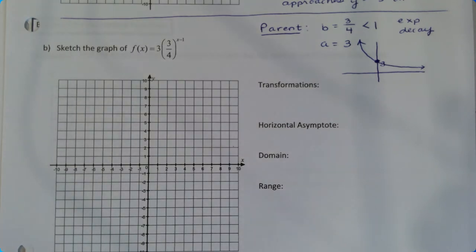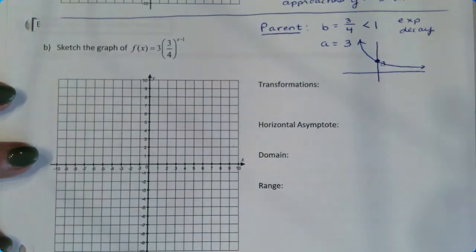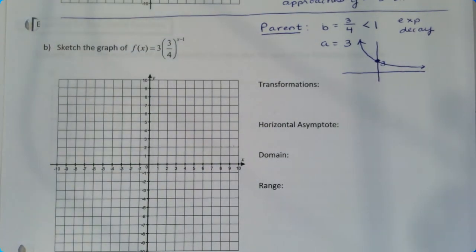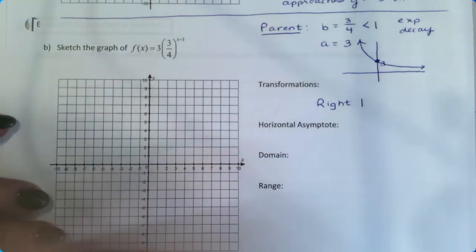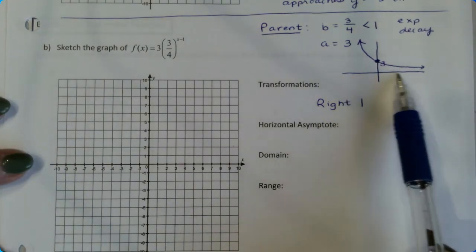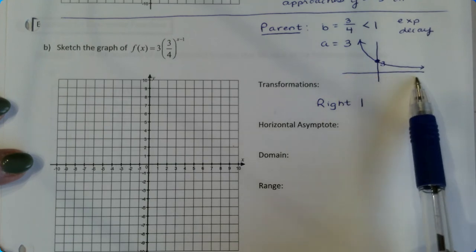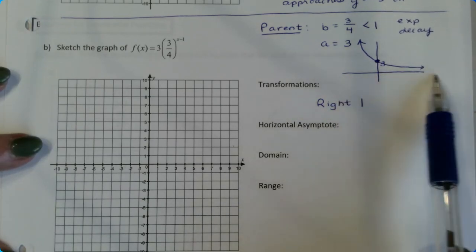All right, in terms of transformations, this has been moved to the right 1. Notice that -1 is up in the exponent. It's not being done to the whole function, so it's a horizontal shift. Right 1. Think about your horizontal asymptote. Does shifting that to the right 1 actually change it? It doesn't, does it? Moving it to the right 1, it's just going to stay at the same y value,